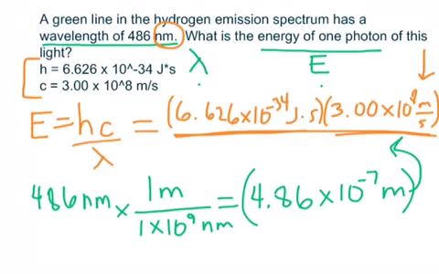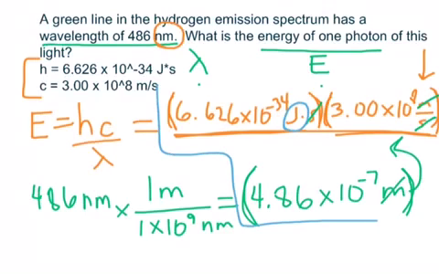Now, be careful as you plug this into your calculator. A common pitfall is to not use parentheses around each of these numbers. Multiply those two and then divide by the denominator, but use parentheses around everything. Check that your units are going to cancel out. So I have seconds in the numerator canceling with seconds in the denominator, meters in the numerator and meters in the denominator, and I'm going to be left with joules as my final unit. So when you punch that into your calculator, your answer is,